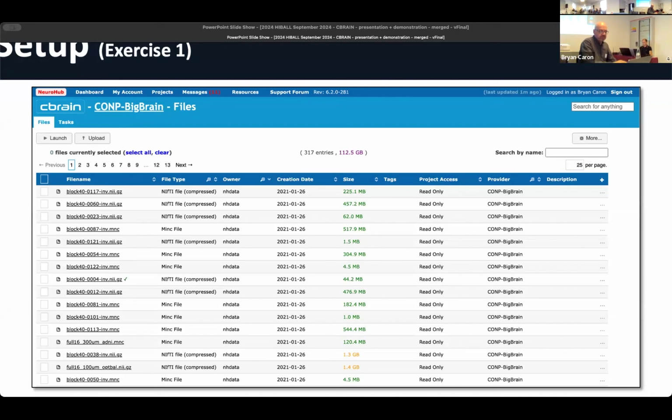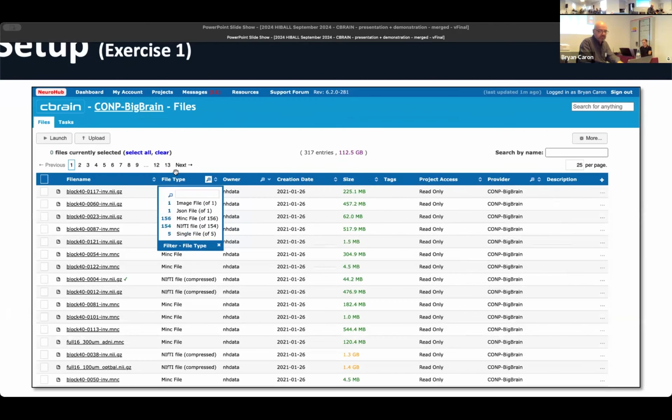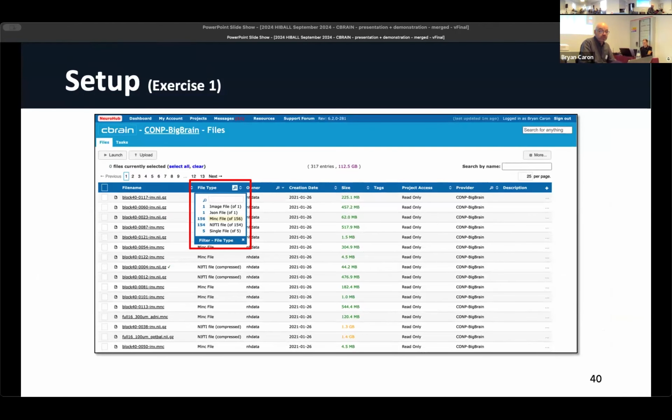So you can see across the menu list of options here in CBRAIN, it's not only the file name, but there's also file type, for example. So within the file type, if you click on the little magnifying glass, you'll actually then see the breakdown in terms of the numbers of files for each given file type. In this particular case, we just want to look at the MINC files. So if you click on the number beside where it says MINC files in that menu choice, you'll get a subset of that list.